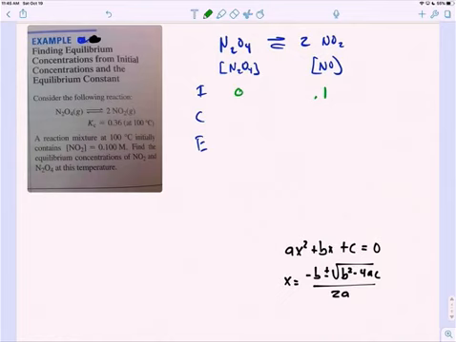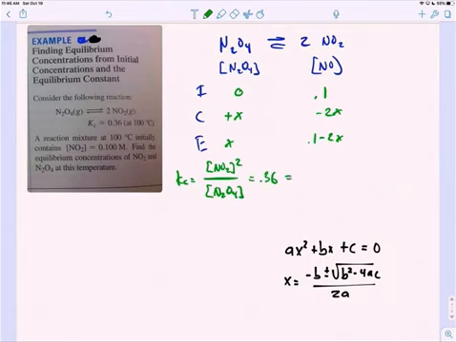Okay, so that means we're going to shift left because there's a 0 there, so we're going to gain x of this, and we're going to lose 2x of that. And that means at equilibrium, we have x of this, and we're going to have 0.1 minus 2x of that. And our Kc is going to be products, NO2 squared over N2O4, which is 0.36, equals 0.1 minus 2x